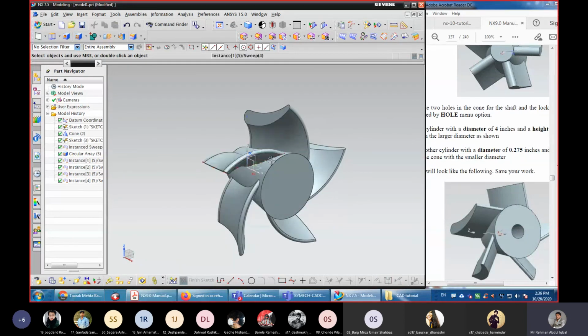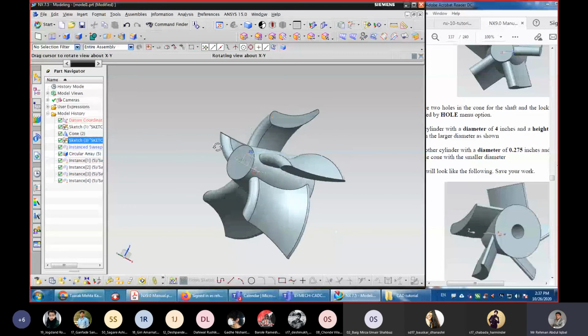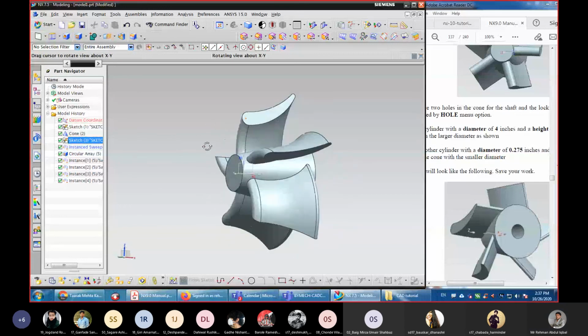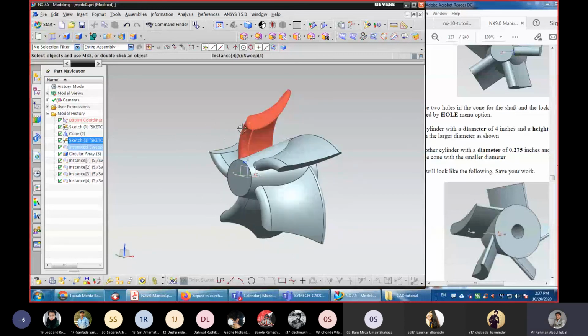Modification is very easy. Say at any point of time, if you want to change the sketch, the guide curve, okay, we can change.